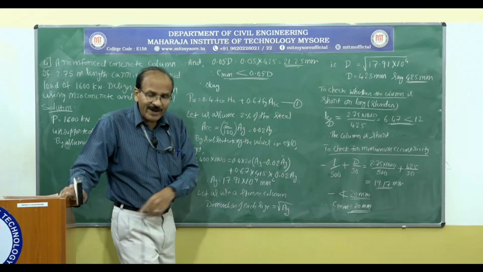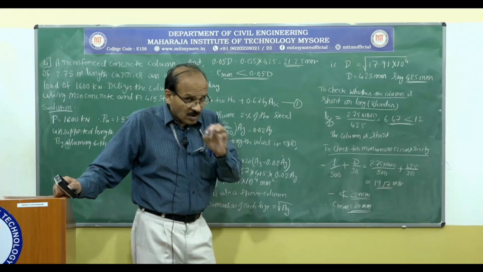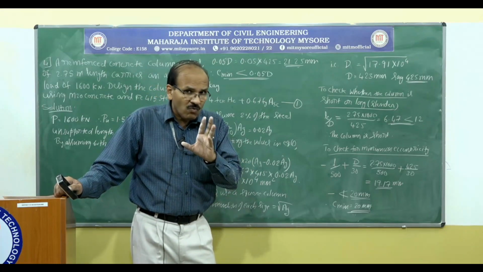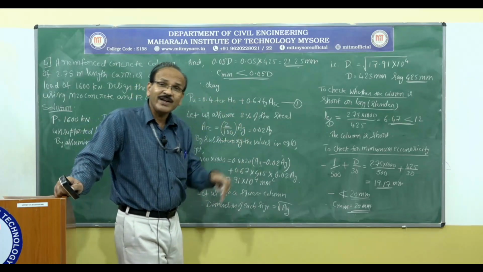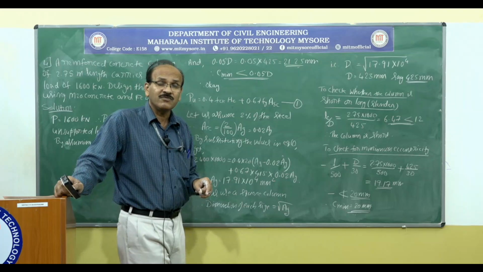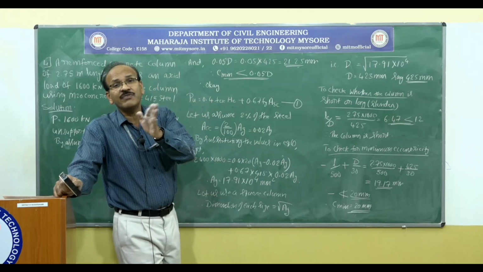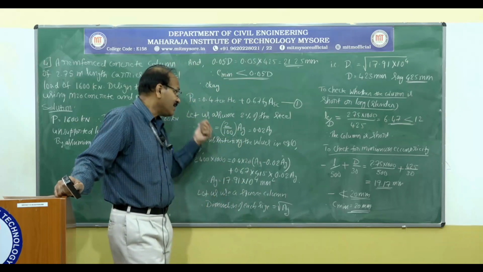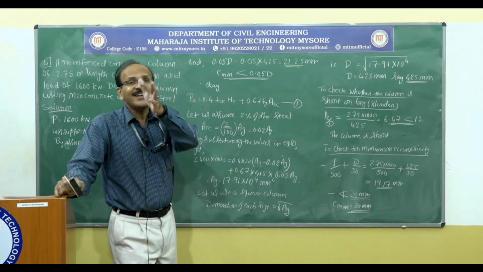The next step is to find out the actual area of steel required. Initially we assumed 2%. Based on that 2%, if we take the column size as 423 by 423, we can take exactly 2% of that as tension reinforcement. Once we increase the column size to 425 millimeter by 425 millimeter, or even if you decrease a little bit, then the area of steel required will not be 2%, it will be other than 2%.